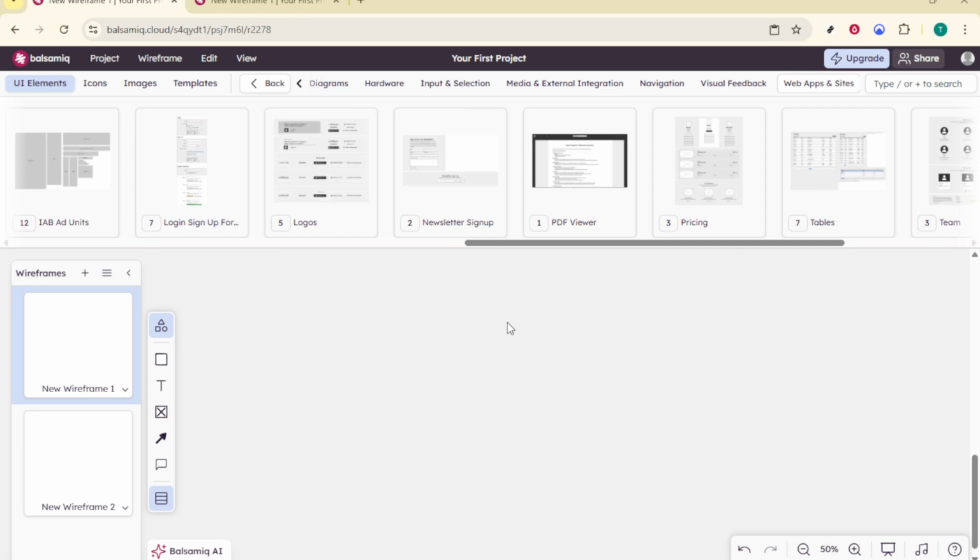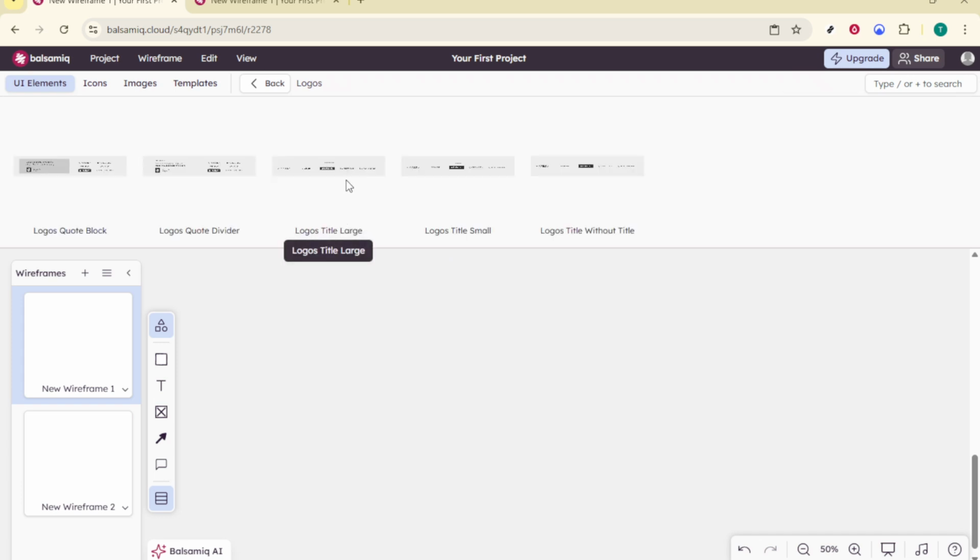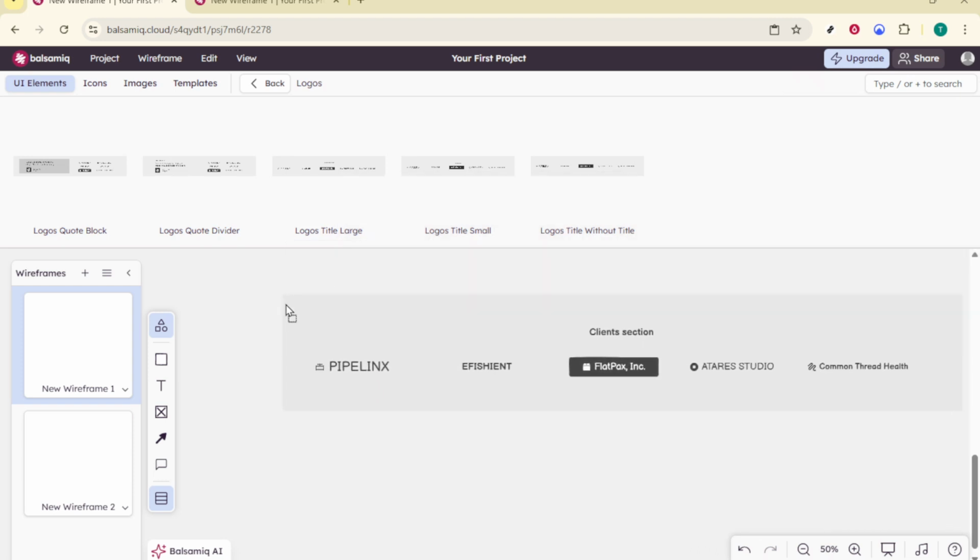The interface is intentionally simple: a canvas in the center, a library of UI elements on the side, and controls to adjust properties and layouts. Drag elements like buttons, text, images, and containers onto the canvas. You can resize, align, and group items, and snapping guides help keep everything neat. Use undo and redo freely as you experiment, and zoom in or out to focus on details or see the